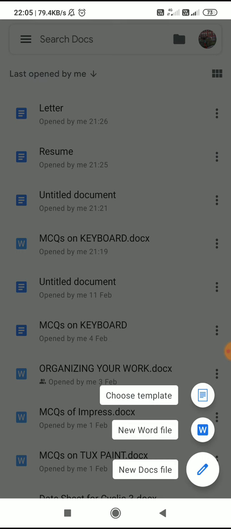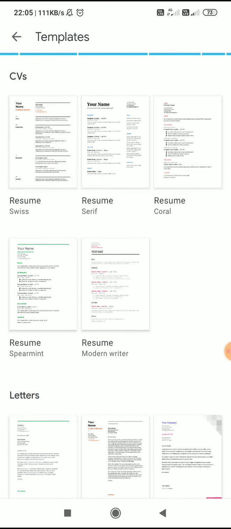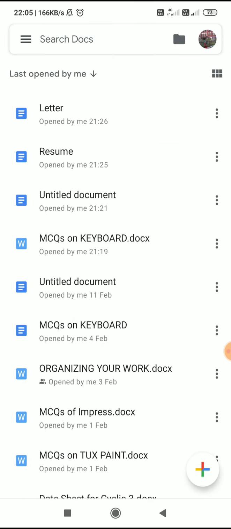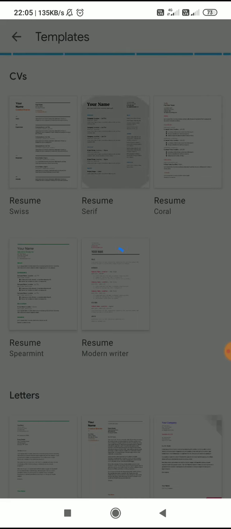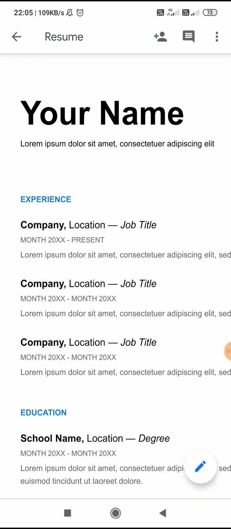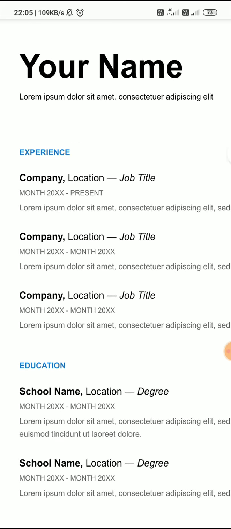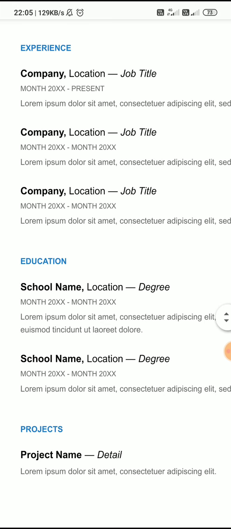When we choose templates, ready-made templates are there. These are to make a resume. If we want to create a resume, a ready-made package is there. We can make edits in this. Along with that, some letters are there. So if we want, we can change this, we can make edits.